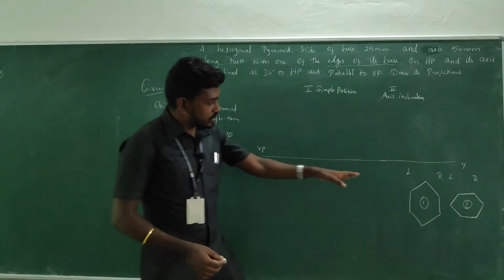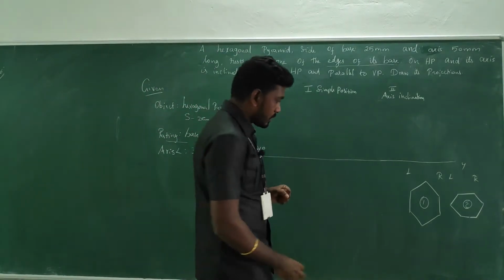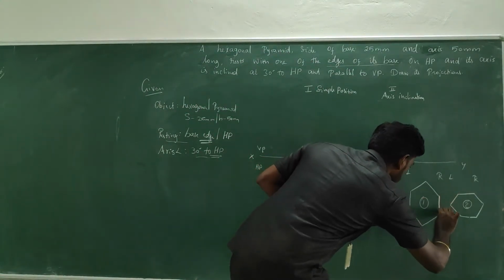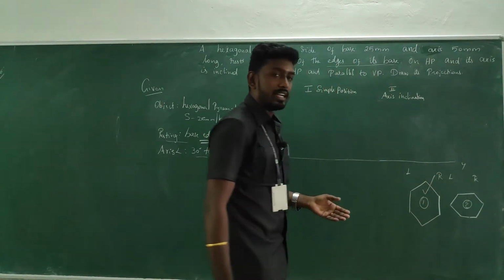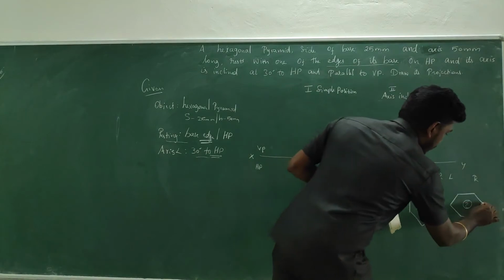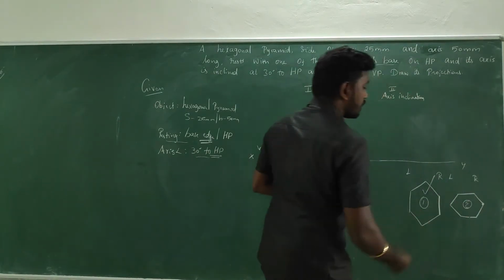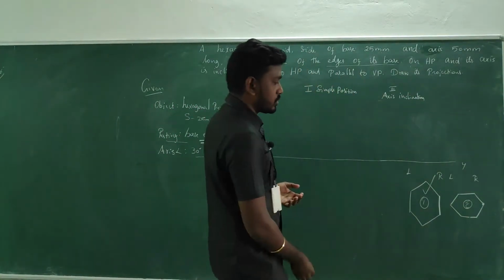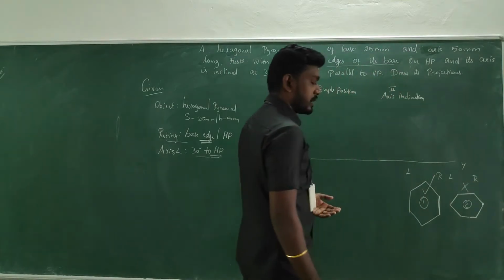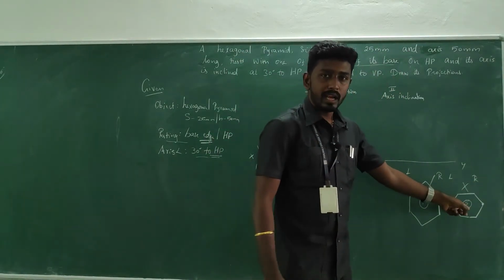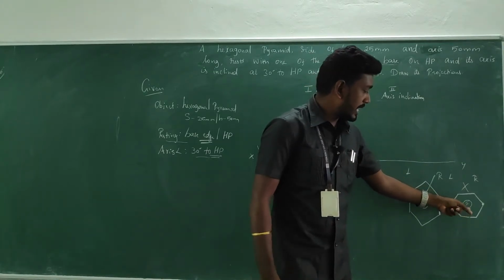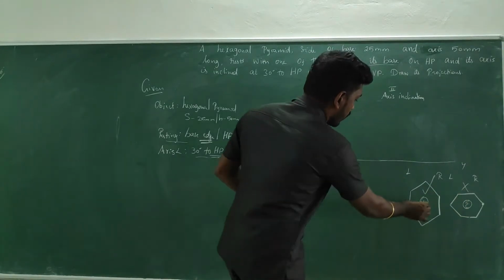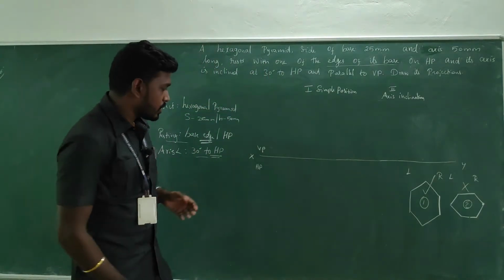If it is an edge, which condition is the right one? Yes, here in the first case the edge is kept at the right side, so this is the right condition. Here, one of the corners of the base is kept at the right side, so it is wrong for this condition. If the base corner were resting on HP, we could take this second condition. Now we have to follow the first condition.